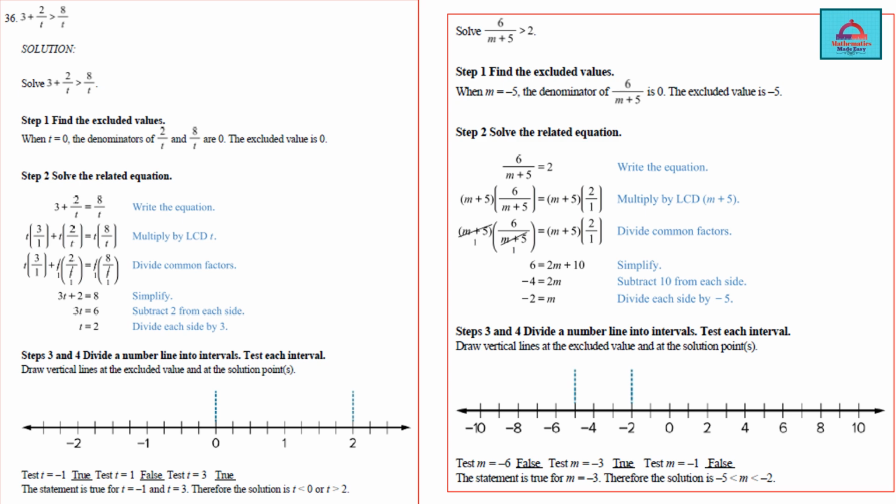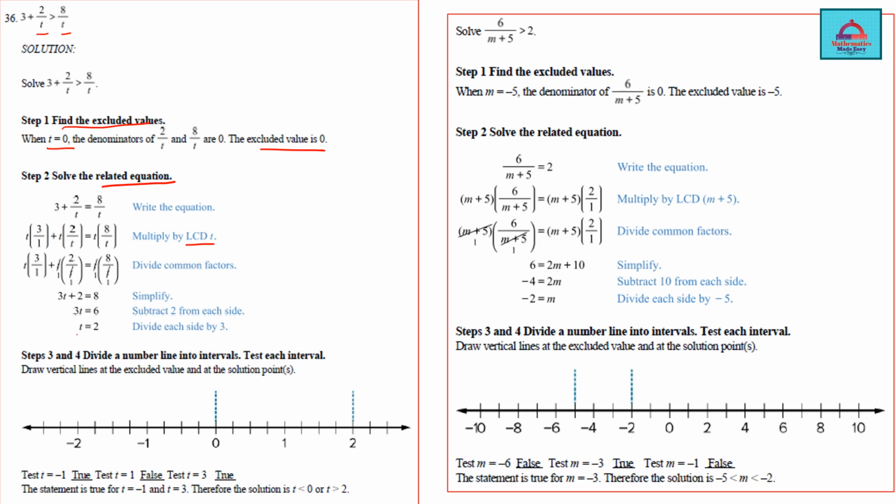The last two questions that are left are 36 and 37. So here again we have rational inequalities. We are going to follow the same steps. I hope by now you have memorized the steps. Step 1 is to find the excluded values. That comes from the denominator. So take the denominator t as equal to 0 and remove it. That's the excluded value. Then you convert the inequality to the related equation, and you take the LCM, multiply with the t on both sides, cancel the value of t which is common, simplify, and get your value of t